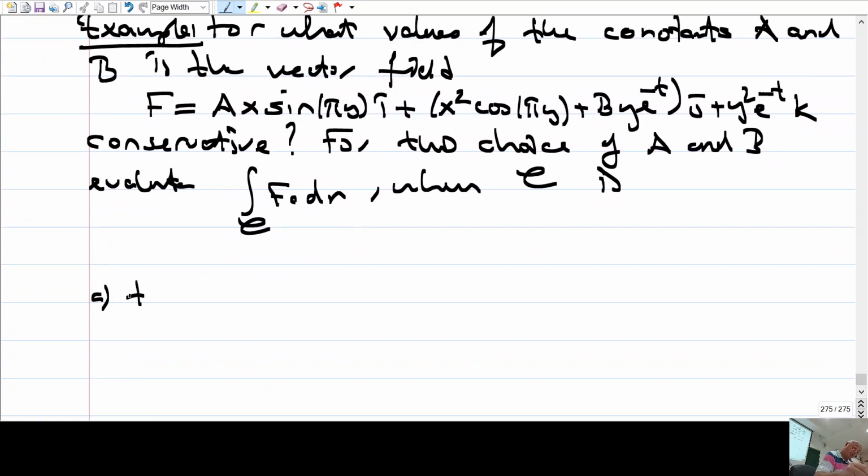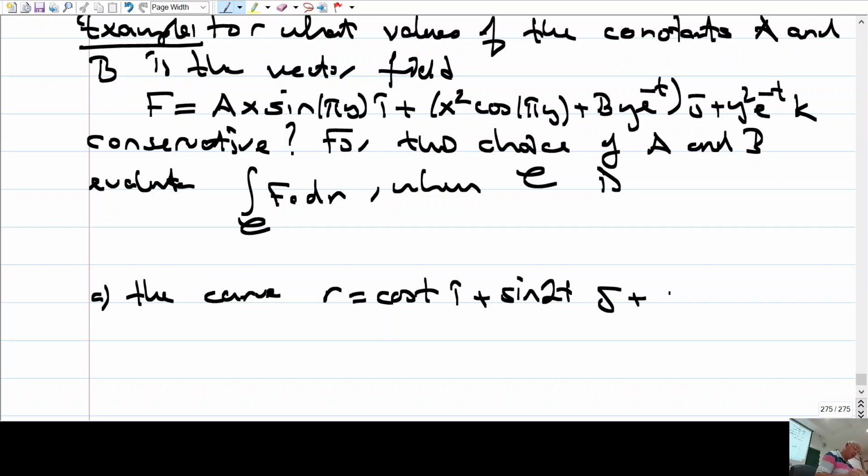The first one is the curve r equals cosine t i plus sine 2t j plus sine squared t k, where t is ranging between 0 and 2 pi, and the second curve